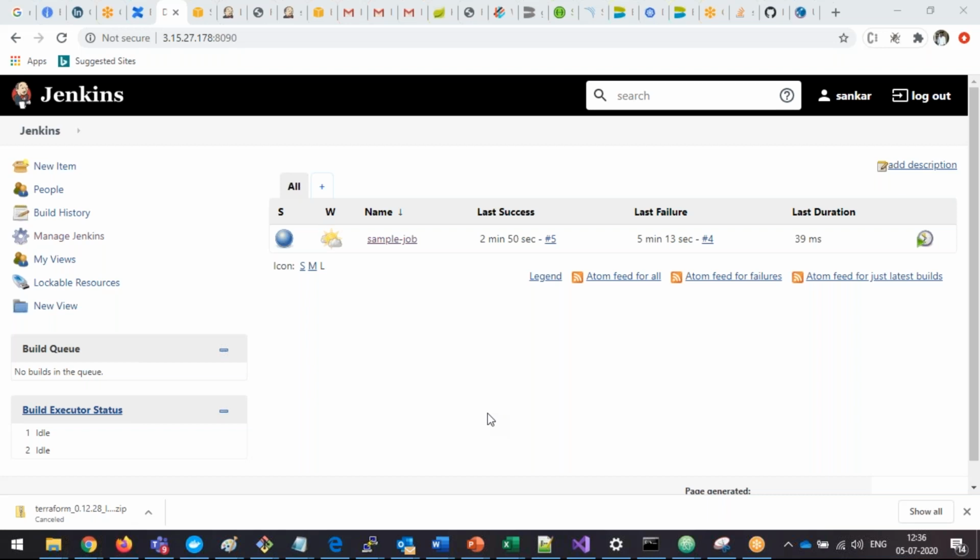In real time, we are going to use GitHub SCM polling, auto triggering of jobs actually. Okay. Anyway, I will show you those things. No worries. So now here